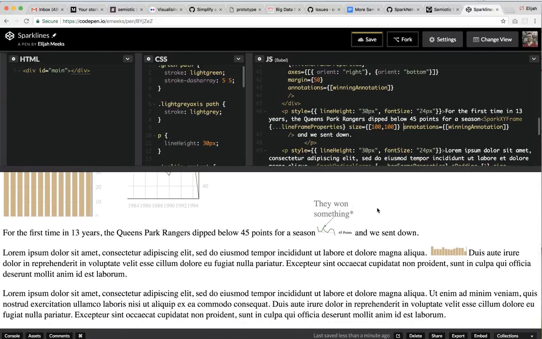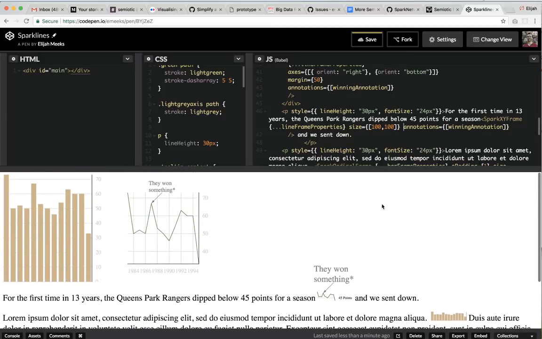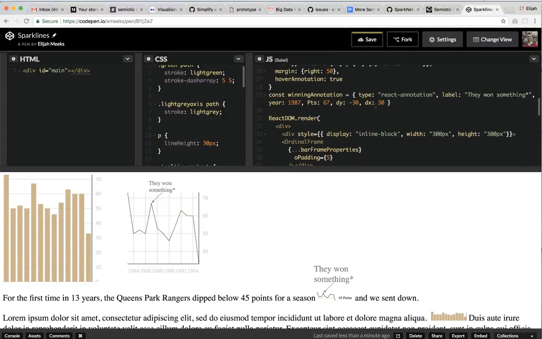You would probably want to style this text a little bit differently, or maybe you wouldn't, or maybe you only want it to have a color. Let's go see what it looks like in different colors. Sure. But the point is that